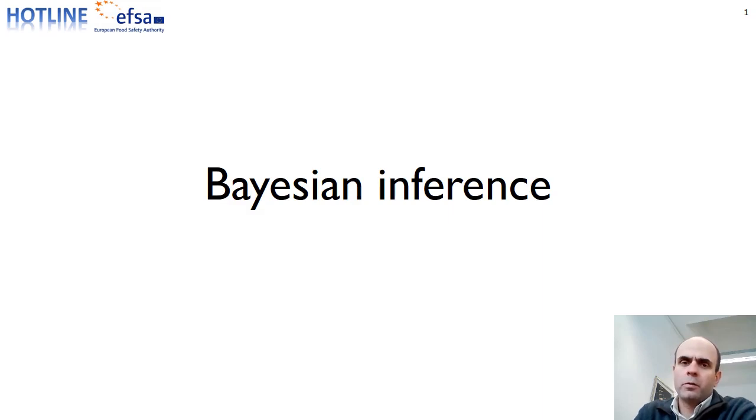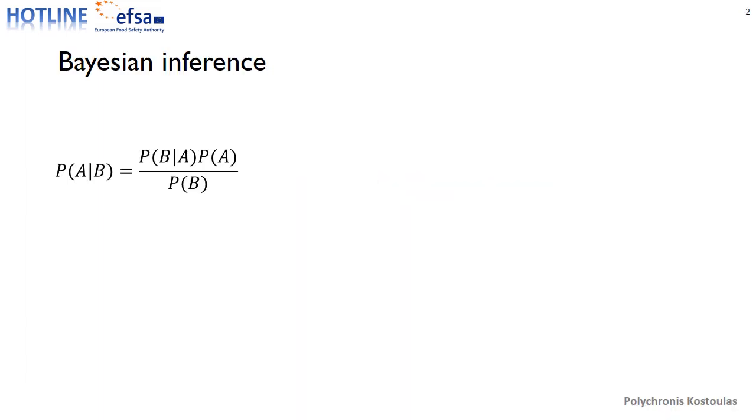In this video, we're going to talk about Bayesian inference. Bayesian inference is a method of statistical inference in which we use Bayes' theorem. So if we get Bayes' theorem and replace A with theta, where theta stands for the parameters that we want